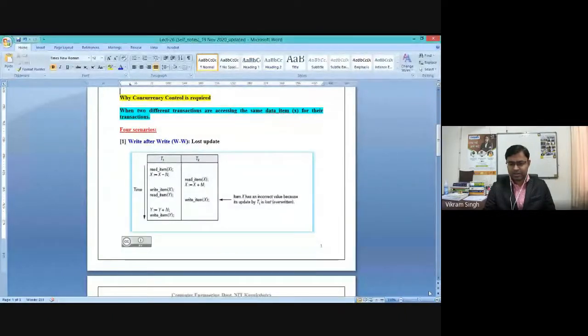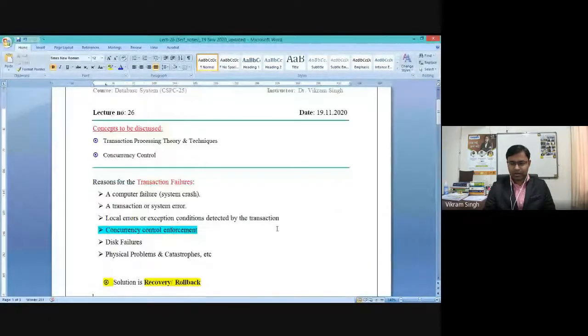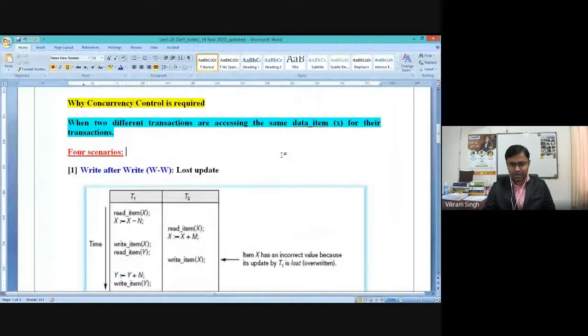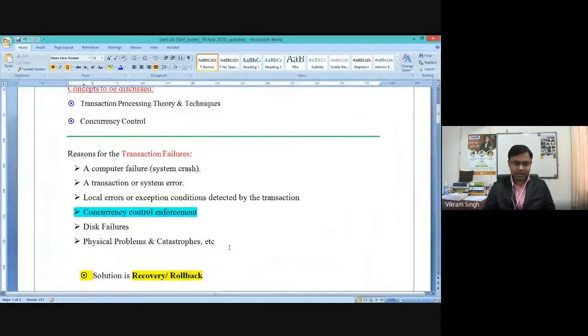So today, in the very first part of the discussion, we will be taking up these various reasons for transaction failure. That is one part. For transaction failure, there are various reasons, internal or external. We will be talking about these different reasons. As a user also, we have some idea about these parameters, right? Because we are doing different transactions on different systems, like we go to the ATM and perform some transaction, we go to the rail ticket booking system, and we face these kinds of situations because of these kinds of reasons.